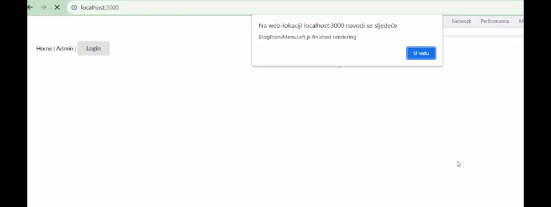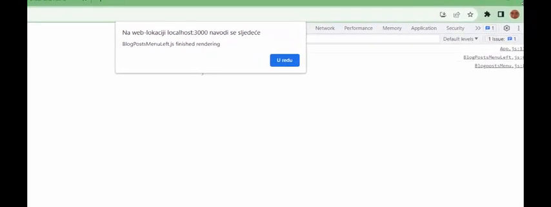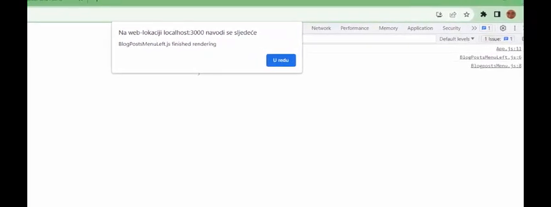And we would see re-rendering, we would see blog post menu left JS6 empty array. But no, look, we only see the initial rendering. We only see the initial rendering: